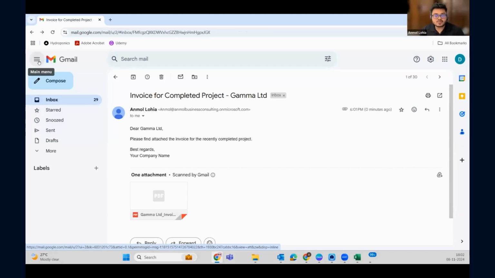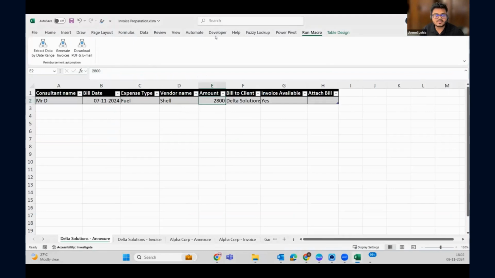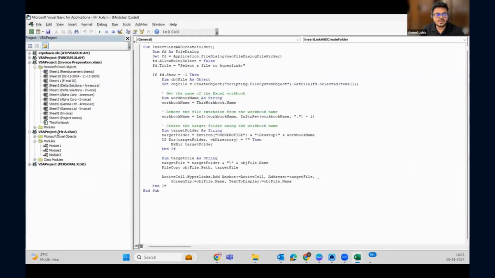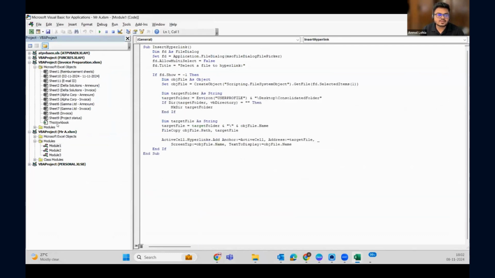Let's see how the automation, let's see how the invoicing works, right? Now, let me go to the VBA editor here. This is the VBA editor, and within the VBA editor, I have